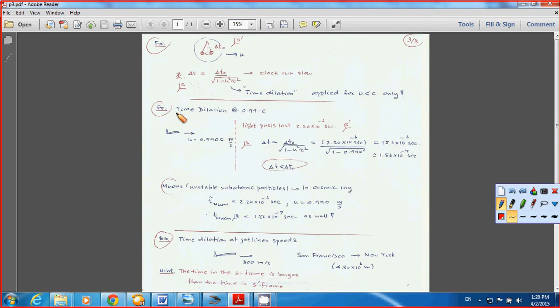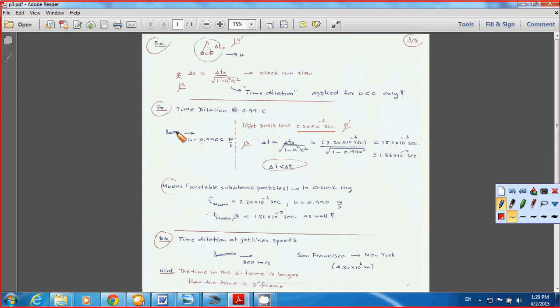Okay, and now look at the time dilation for the S prime frame moving with velocity 0.990 c, and you take a look at the time dilation delta t equal to delta t 0 over the square root of 1 minus u squared over c squared. And you have to judge which one is going to be the proper time that you are going to use. This can be either delta t or delta t 0. Since when you are on the spacecraft,